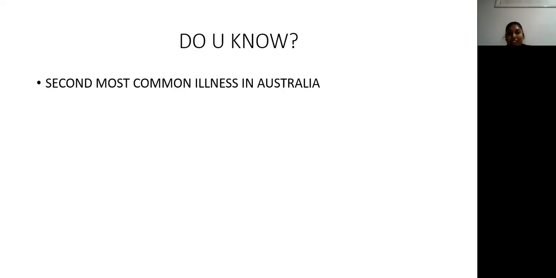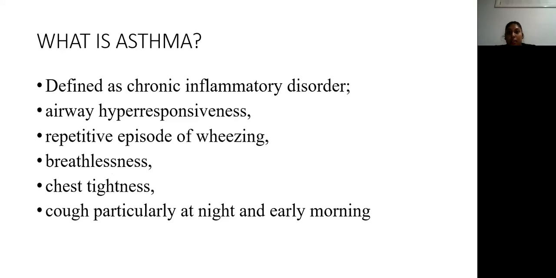Do you know in Australia, asthma is the second most common illness according to the Australian Institute of Health and Welfare 2019? First, what is asthma? Asthma can be defined as a chronic inflammatory disorder of the airway that is associated with airway hyperresponsiveness, repetitive episodes of wheezing, breathlessness, chest tightness, and cough, particularly at night and early morning, according to the National Asthma Council Australia 2019. The episodes are variable in nature but widespread obstruction occurs, and they are reversible either spontaneously or with treatment. According to the National Asthma Council Australia 2019, it is estimated that around 300 million people worldwide